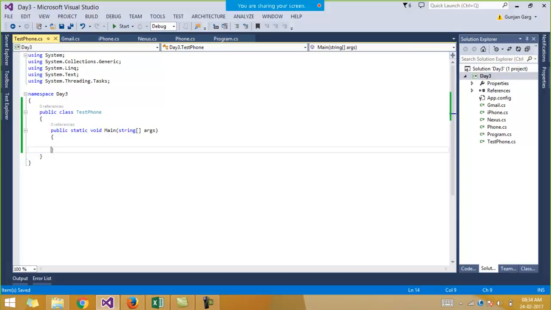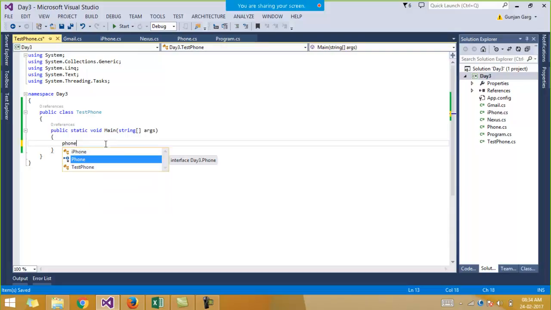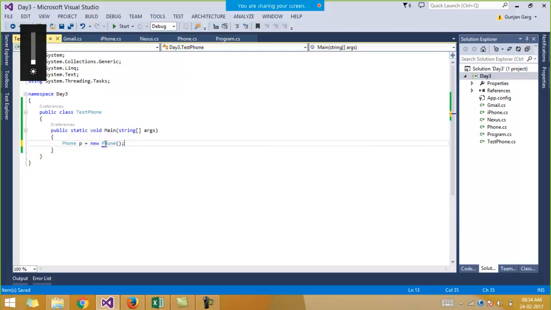So you have your phone interface and the two classes, Nexus and iPhone. Now in the main method of the TestPhone class, suppose I create the object of the phone interface, right? So Phone p is equal to new Phone. I try to create the object of this phone interface.